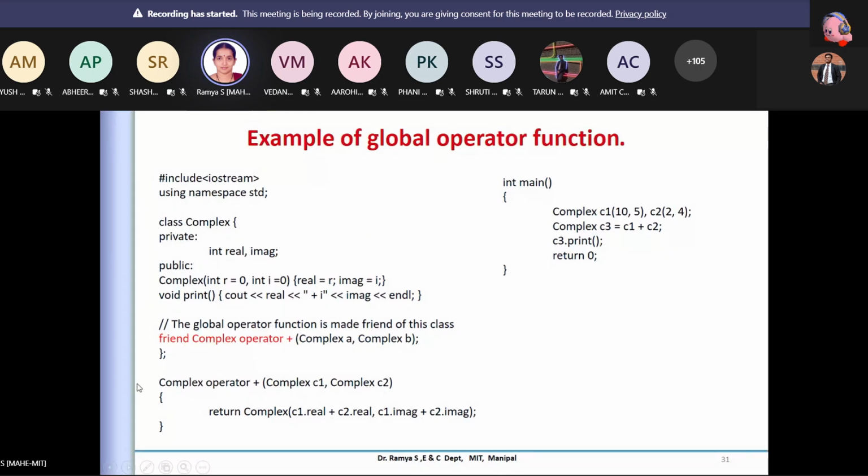So this can be used by another class also, if I define friend for that as well. This is not a member function. The friend function is not a member function, but it is associated by the keyword friend here. Now again, the concept is the same, but how it is invoked or used is different. That's it.